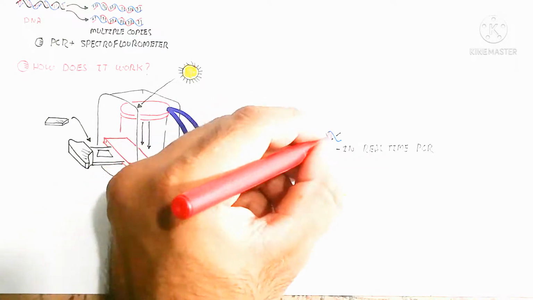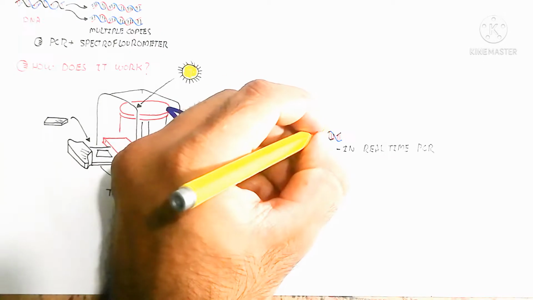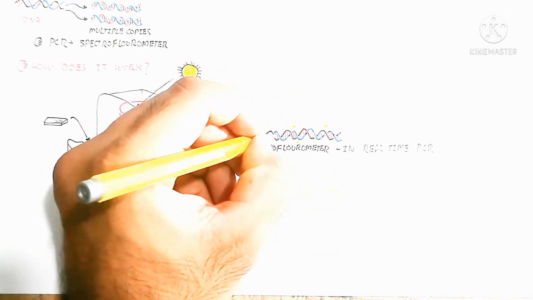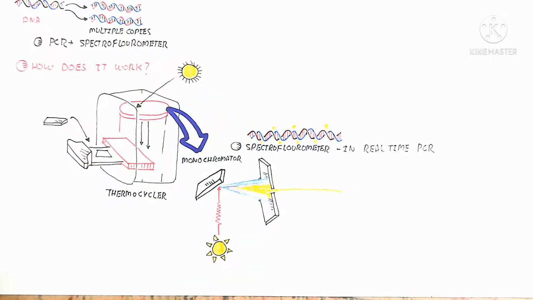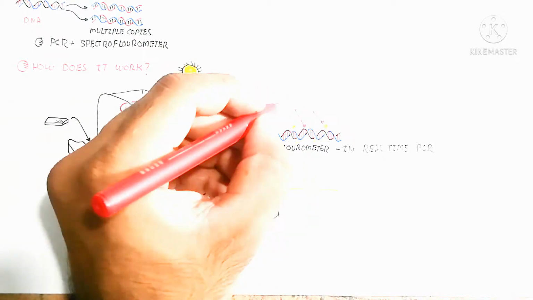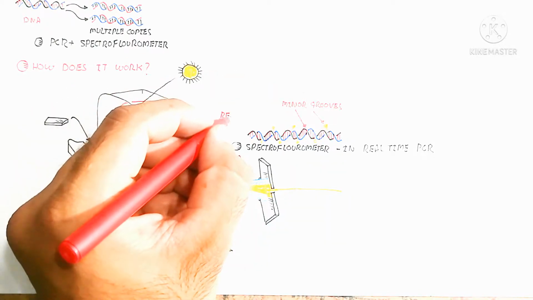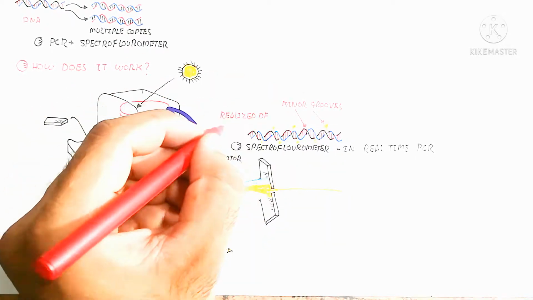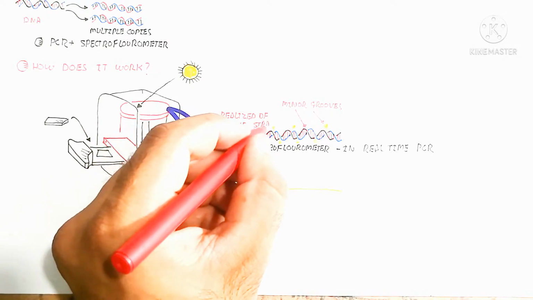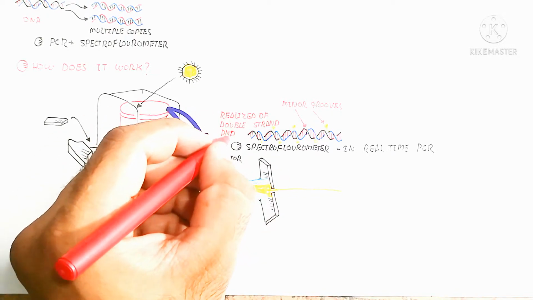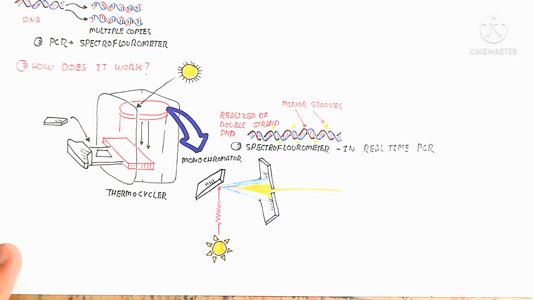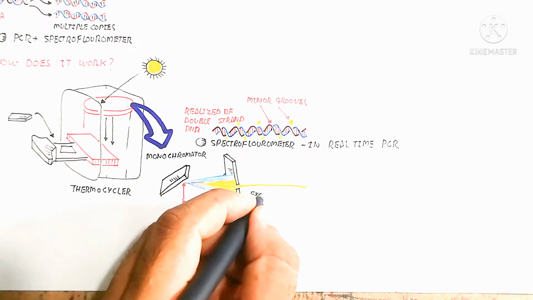The light is made up of 7 colors, but I am not drawing that here. This light extraction is one part of the light, a particular desirable color. So here is basically a minor groove binder attached to the